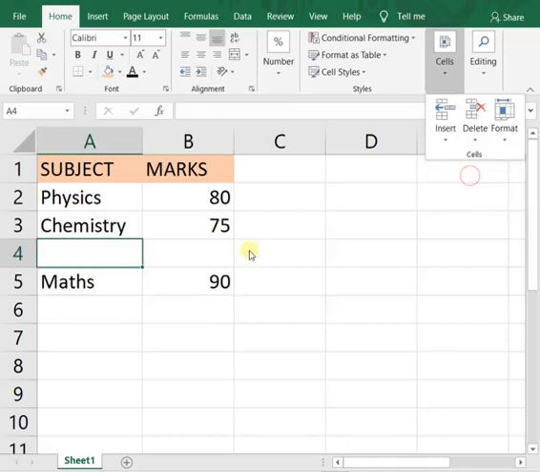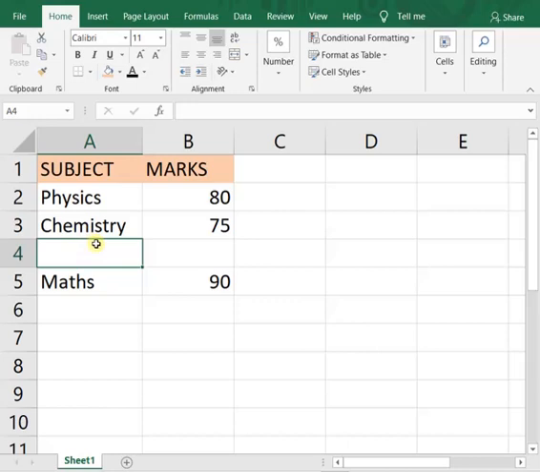After clicking, you will see that a new row has been inserted above the selected row. We had selected this row of maths. For this reason, above this maths row, a new row has been inserted.